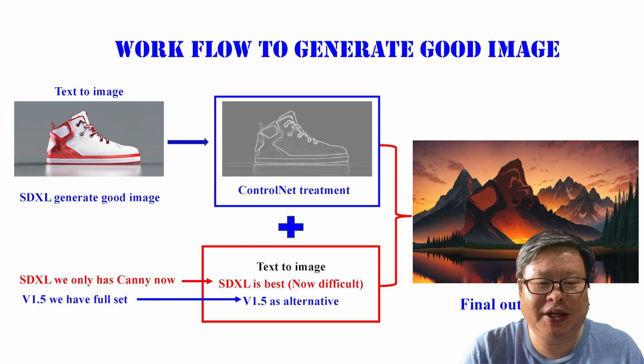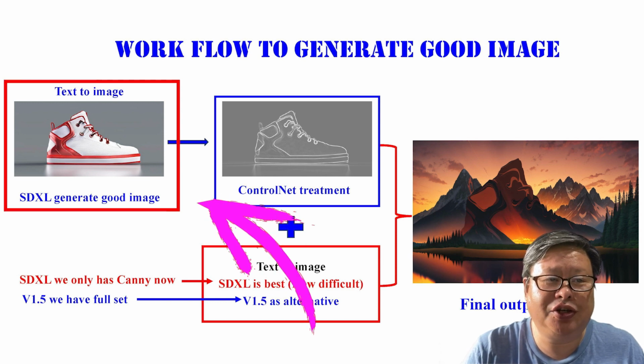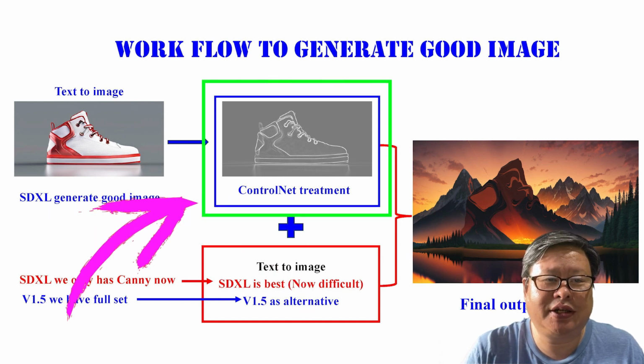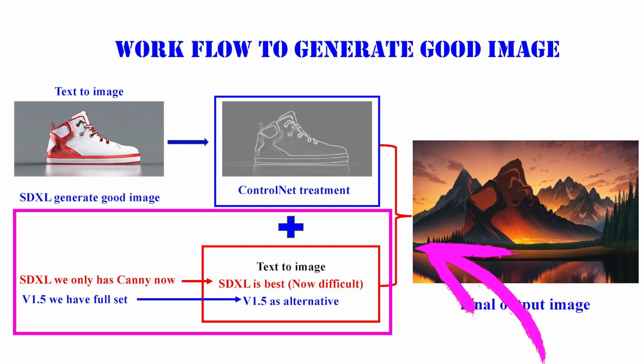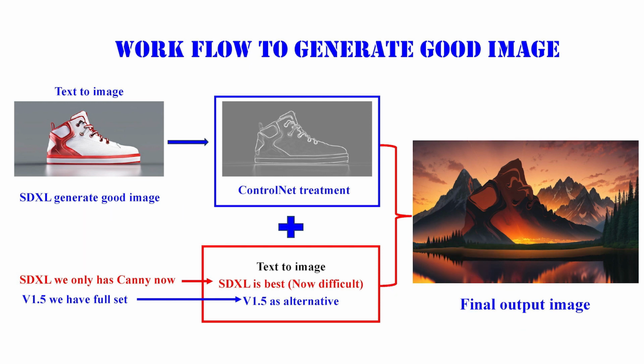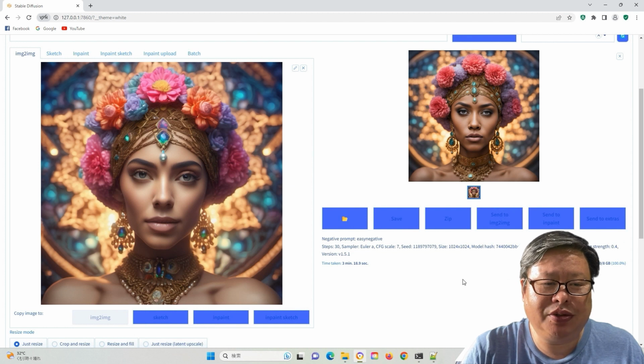Whether you are working with the SDXL model or the SD 1.5 model, the fundamental objective remains consistent: to first generate a high-quality image as a foundation. This image then serves as the starting point for applying ControlNet or other methods to modify it, before finally upscaling it into a finished masterpiece. I discussed this process in the previous video. The idea is to generate a strong foundation using the SDXL model, then employ the image-to-image function to manipulate the images, and finally upscale to the desired output.